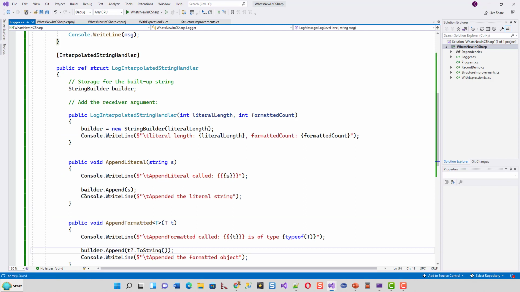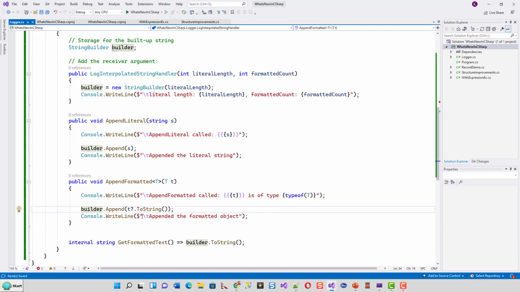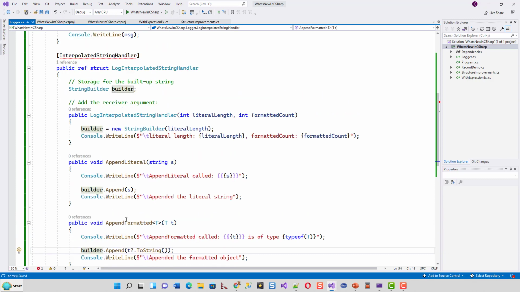So you can see that it does have an AppendLiteral method which takes a string s and returns void, and another AppendFormatted method which has got a generic type T. Okay, and then there is an internal string GetFormattedText which is the builder.ToString, where the builder is the StringBuilder.